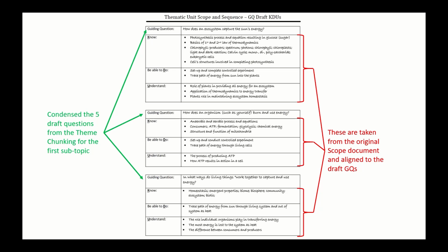So what I've done then is I figured out, okay, the first half of my unit is going to have 3 guiding questions. And then by answering those questions, students will complete or become proficient with all the KDUs listed on this document. In other words, to answer these guiding questions, they have to know, do, and understand all the KDUs. So we can now start to see the shape of the scope and the sequence of the content mastery